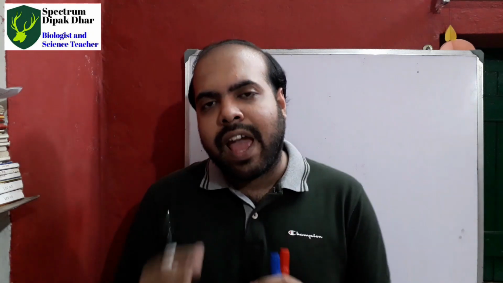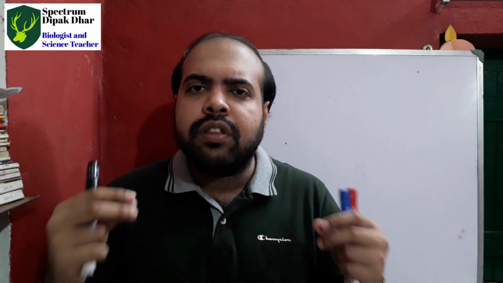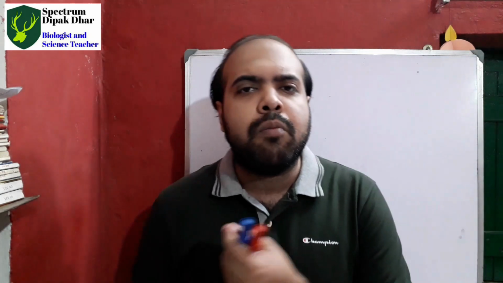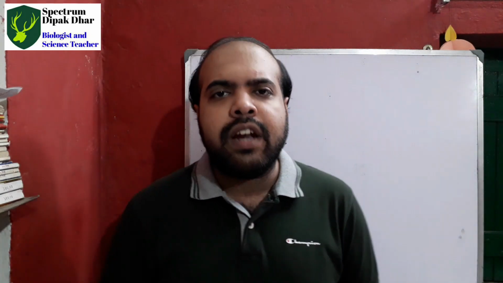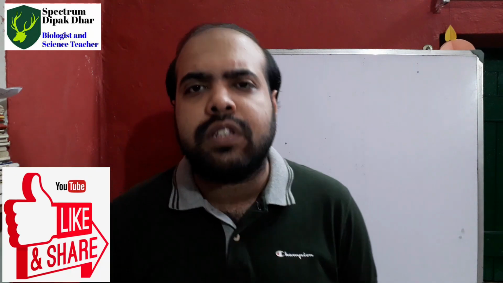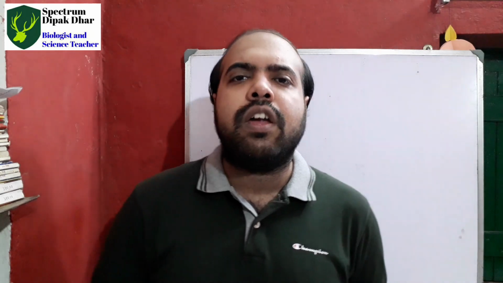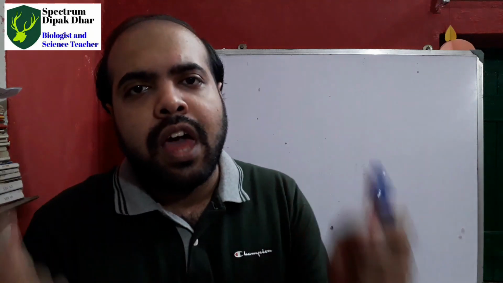So let's start. First of all, what is back cross? As the name implies, back cross means crossing of an individual with its parental generation. That means in the case of a monohybrid cross, we have seen that after crossing the parental generation we first get the first filial generation, the F1 generation, and then we self-fertilize the F1 generation with another F1 generation. But in the case of back cross, there will be hybridization of the F1 generation with the parental generation. So let's see how it happens.